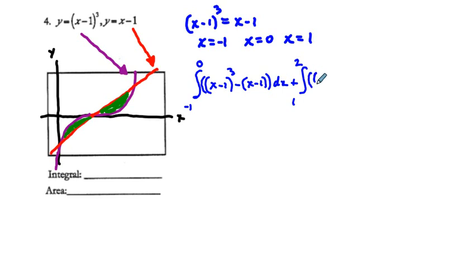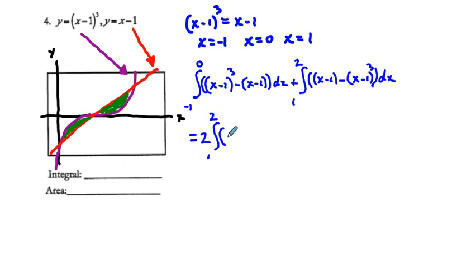We're taking this x minus 1 and subtracting from it this quantity x minus 1 cubed, and we're going to say dx. And so this is going to be our whole integral. Now, because these areas are the same, we can simplify our work and not have to do both of these integrals, because we can multiply either of these integrals by 2 and accomplish the job. So all this here is going to be equal to 2 times the integral from 1 to 2